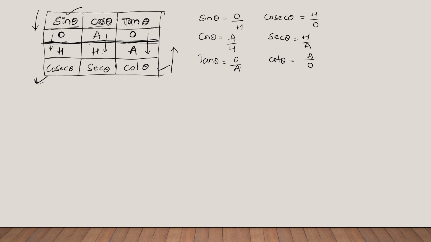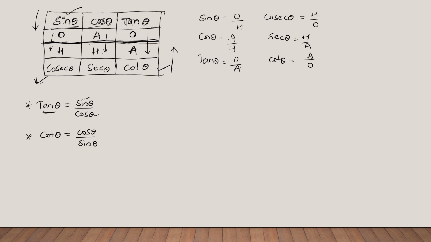And after this, we are going to have some more relations. So what are those relations? You can write tan theta is equal to sin theta by cos theta. So this is nothing but the relationship between sin theta, cos theta and tan theta. The same way I can write cot theta: cot theta is equal to cos theta by sin theta. So these are the relations we need to remember, right?